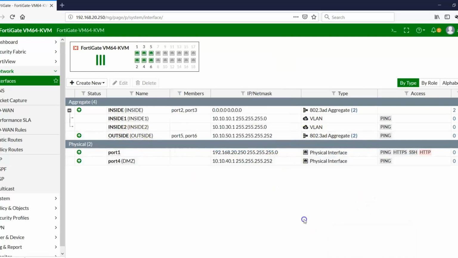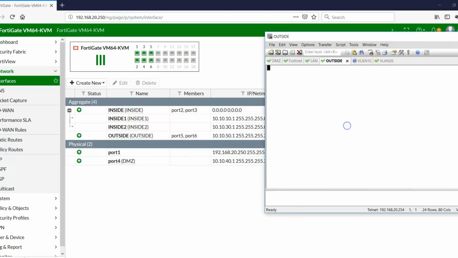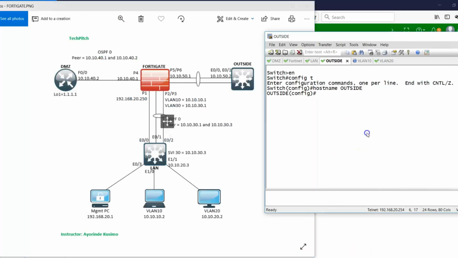So my outside interface, it's green, that's fine. It turns green straight, I don't have any sub interface on it, so that's fine. But I still have to configure the outside firewall. I'm going to say hostname outside,